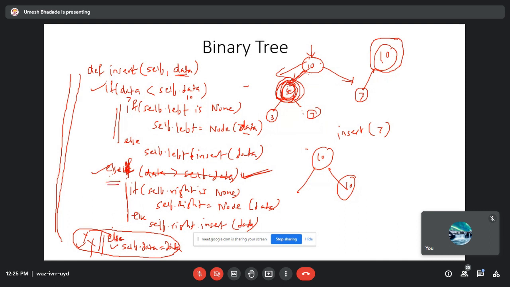So else self dot data is equal to data, मतलब क्या कर रहे हैं हम लोग, नया नोड नहीं क्रिएट कर रहे हैं। आपने 10 ऑलरेडी नोड, आपके पास 10 है, आपने दोबारा 10 बोला तो उसने क्या किया, केवल ये 10 वैल्यू यहीं पे वापस डाल दी उसने, that's all, और कुछ नहीं किया। मतलब the self node has been replaced with its own value, उसकी वैल्यू वापस रिप्लेस हो गई, इतना ही इसके अंदर होगा।